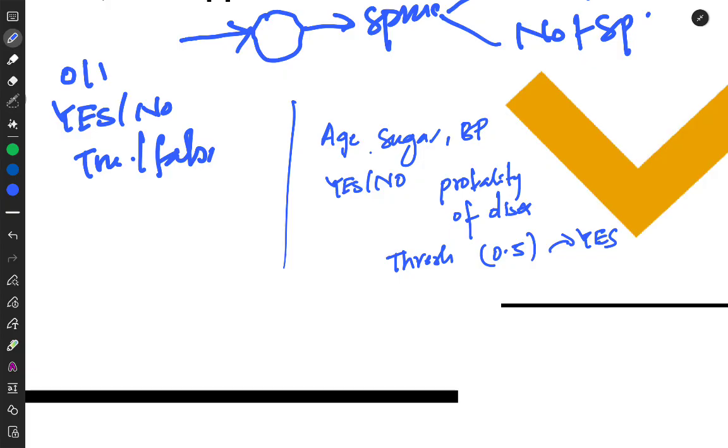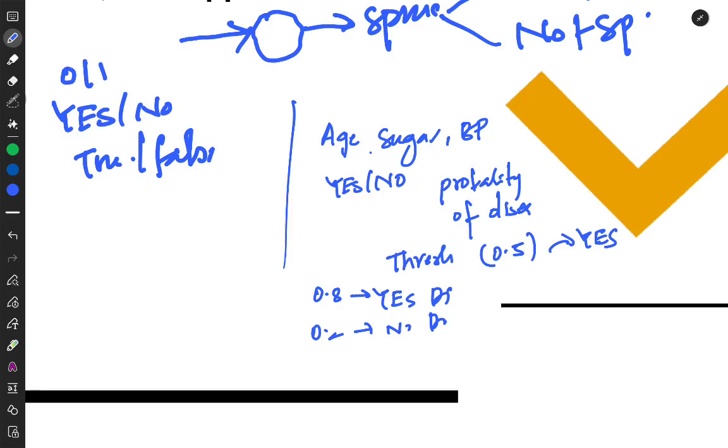For example, if your model says 0.8, you will say yes. If the model gives 0.2, you will say no: yes diabetes, no diabetes. So the dependent variable is categorical, 0 or 1, and the independent variable is the feature used to predict